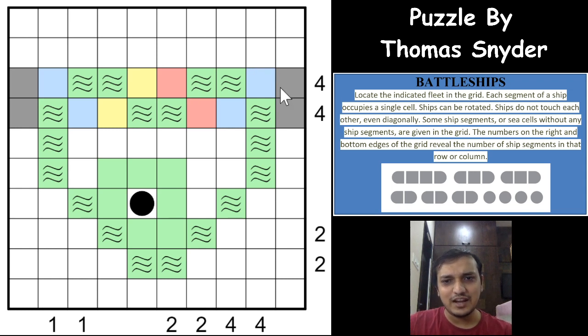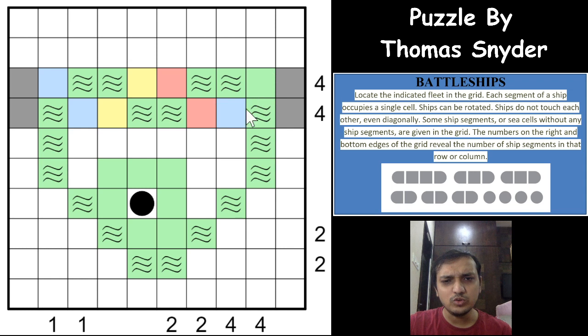Now this means that this ship is a vertical ship and this cannot be a ship segment, right? Because it will form a trimino kind of shape, an L shape, which is not indicated in the fleet. The fleet indicated below the rules can have only vertical or horizontal ships, which means that this cannot be a ship segment.